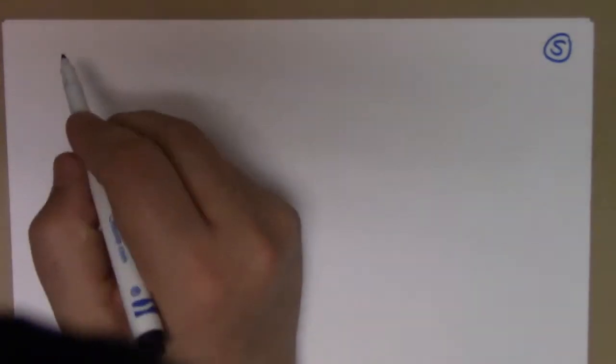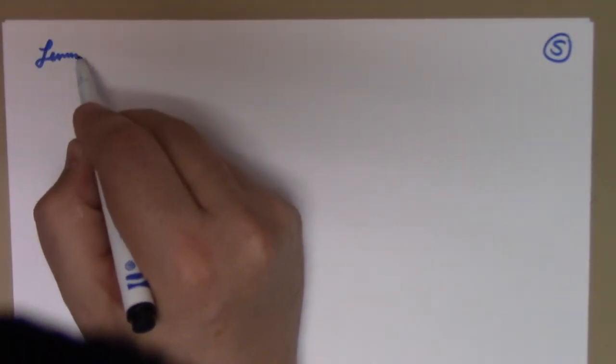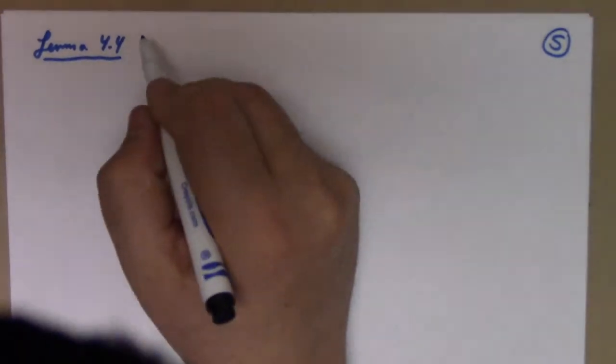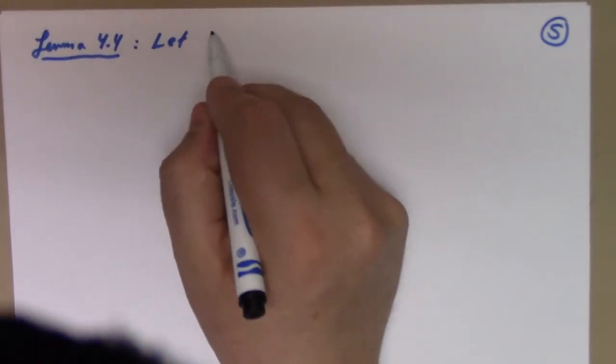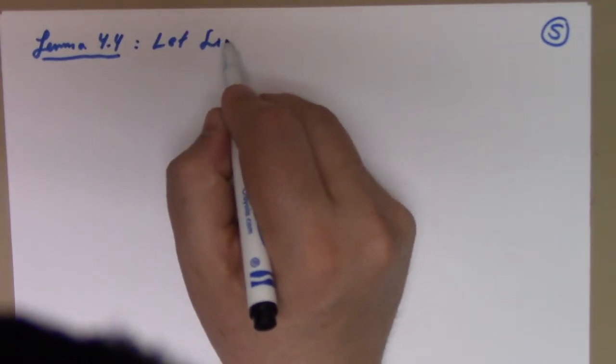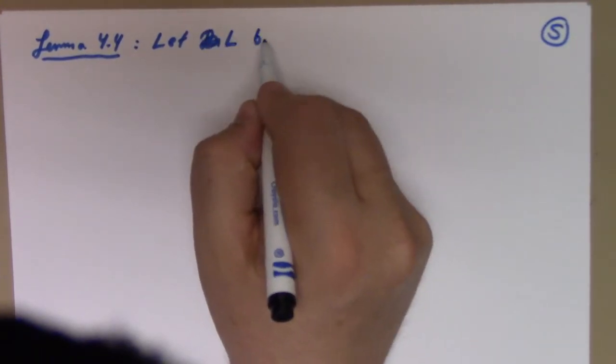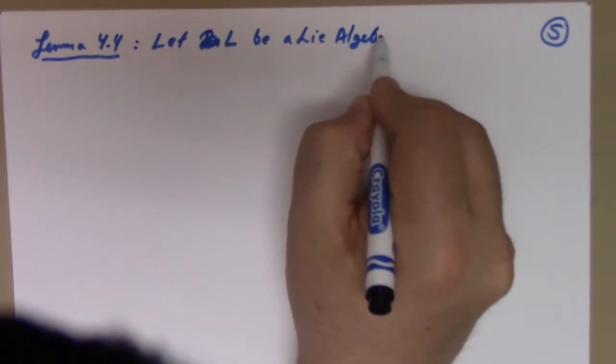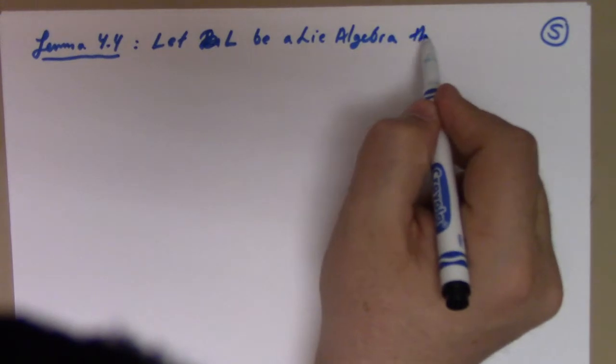Oh yeah, let's see here, number 5. Now that brings us to that all-important lemma 4.4. Lemma 4.4 says, let L be a Lie algebra, then